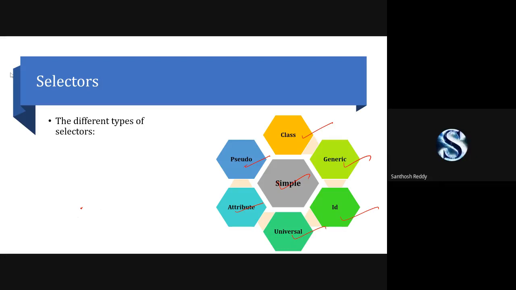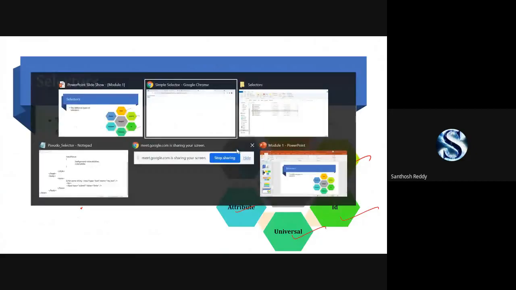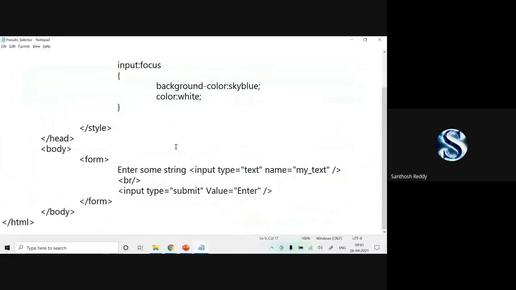Okay. See, why are we going to use pseudo selectors? Just to apply some effects. When I place the cursor on this, the background color should change. Or when I enter some data, the background color should change, things like this.